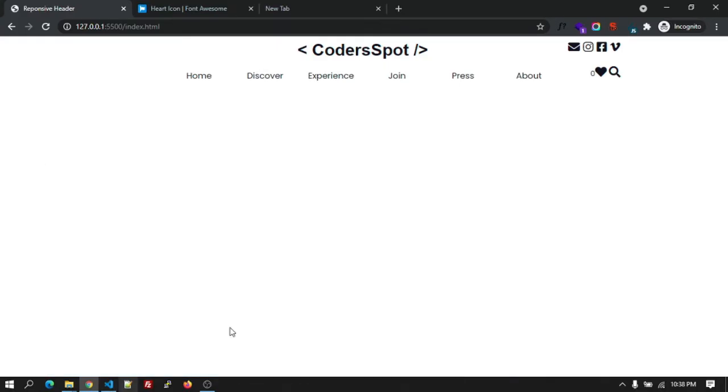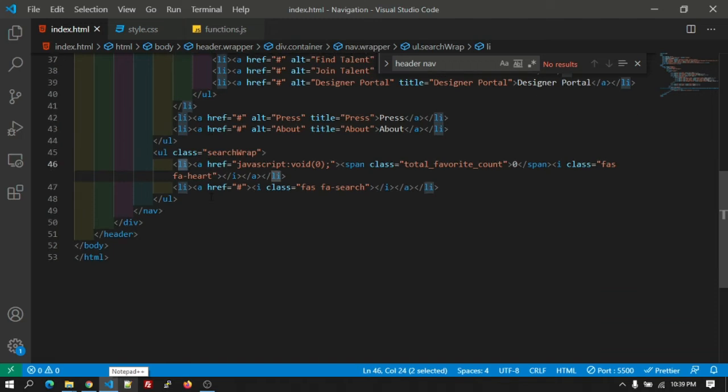So after clicking on the wish list, right, some kind of box will be shown. So for that box, we are going to add it right now. It's called the favorite pop-up.